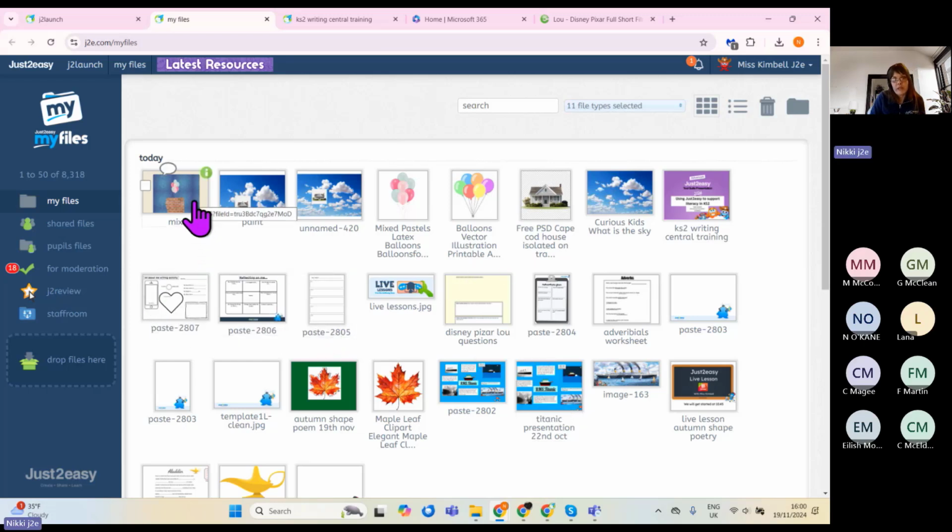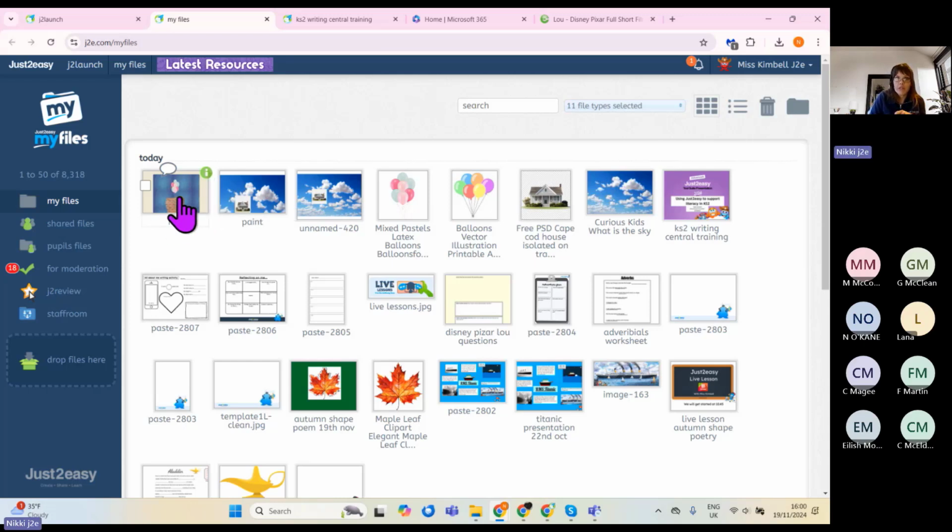So I can hover over a piece of work. Imagine this was a mixed document that I've done over a sort of half term and lots of literacy evidence in there. Now, you can't print that out. Well, I mean, you could print that out, but it's going to take up A, a lot of colour printing, B, a lot of time, blood, sweat and tears, and all the rest of it. So what you can do instead